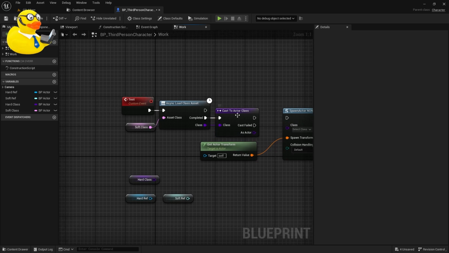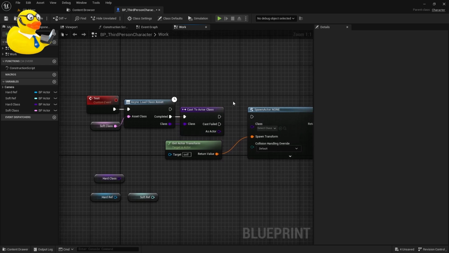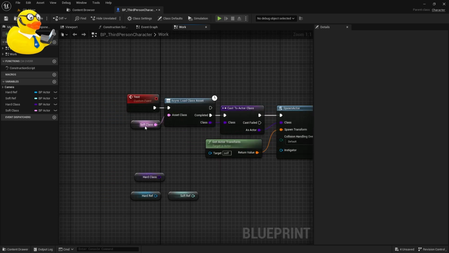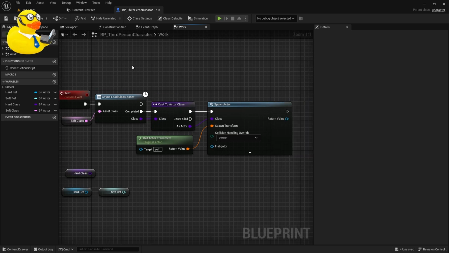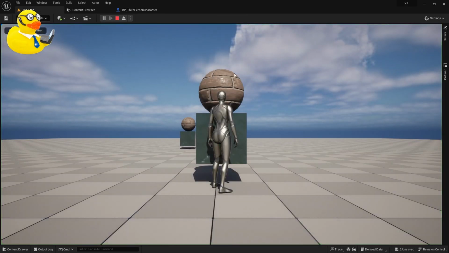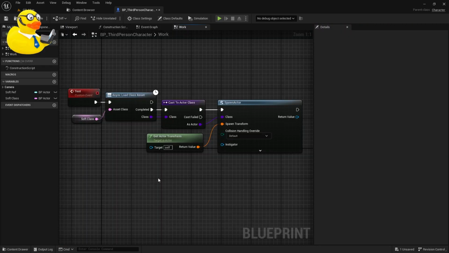Since it's always loaded in the game, it's not costing us any additional memory to have this in the game. So now what we do is this, and it's going to get this class and spawn it via this. So if we do that here, boom, it spawns in. So that's how you can spawn something in Unreal without having to have it constantly in memory,